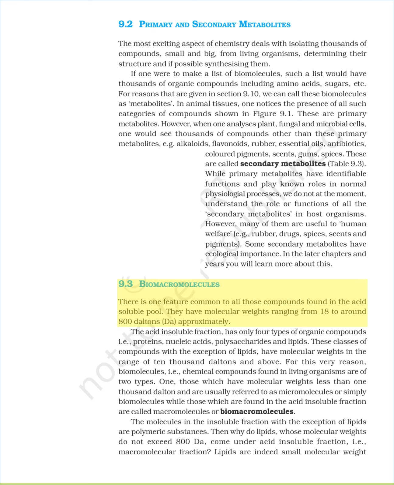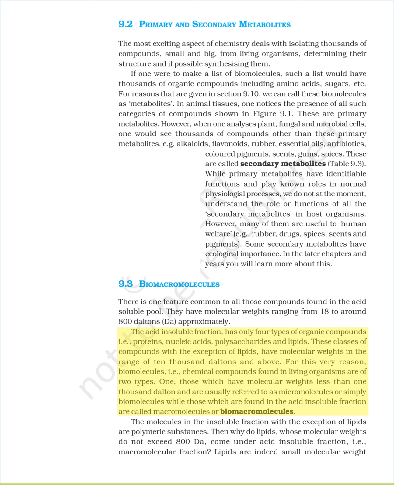9.3 Biomacromolecules. There is one feature common to all those compounds found in the acid-soluble pool. They have molecular weights ranging from 18 to around 800 Daltons, approximately. The acid-insoluble fraction has only 4 types of organic compounds, i.e., proteins, nucleic acids, polysaccharides, and lipids. These classes of compounds, with the exception of lipids, have molecular weights in the range of 10,000 Daltons and above. For this very reason,